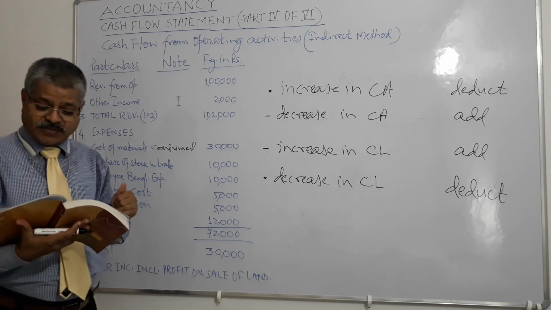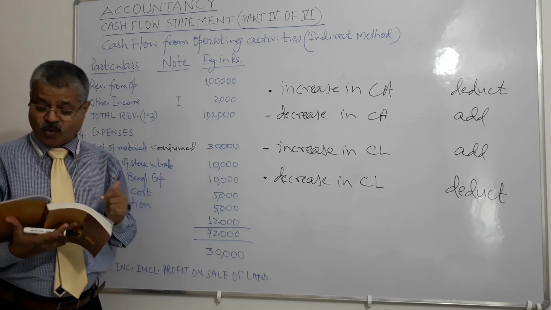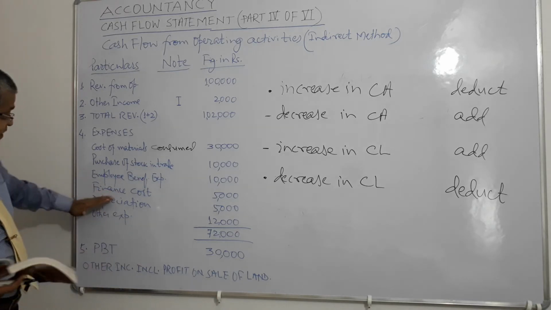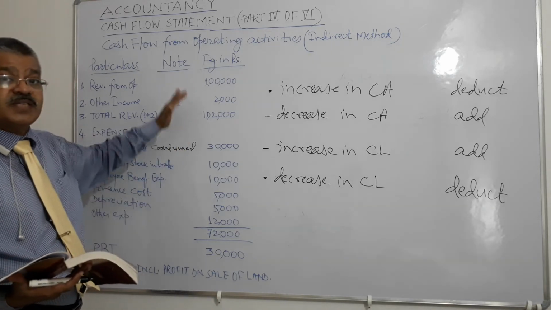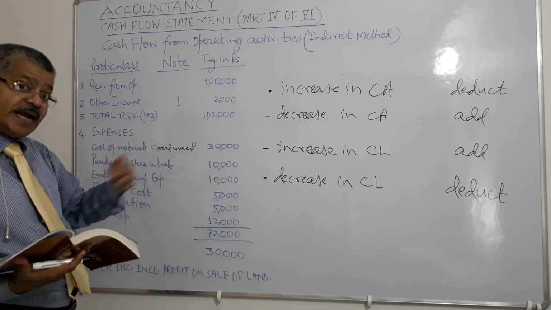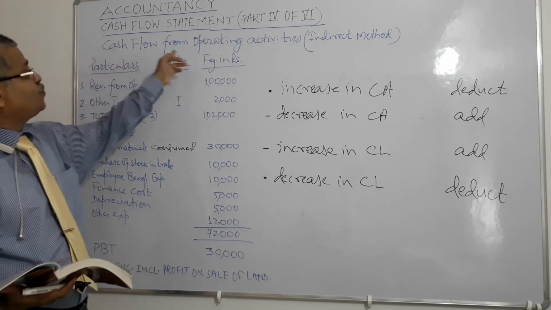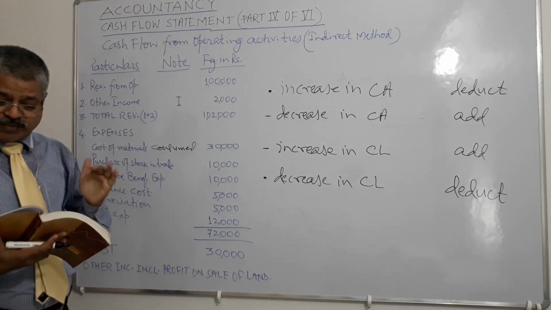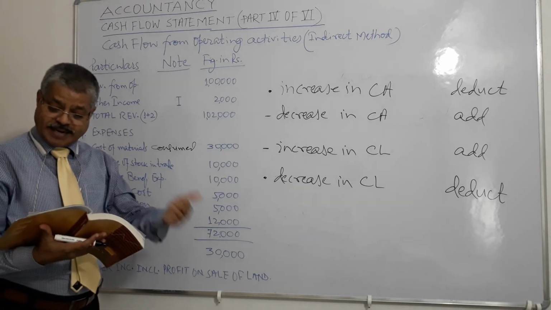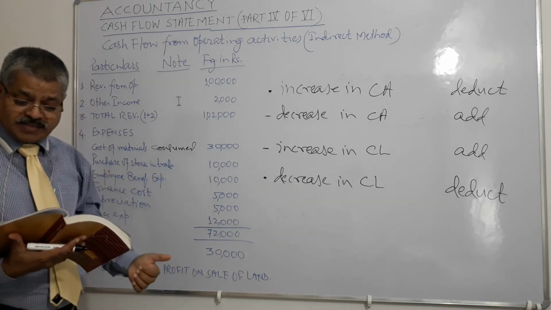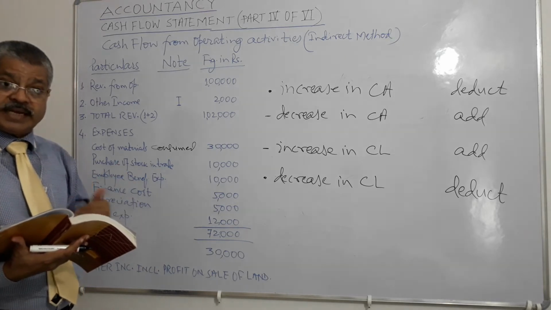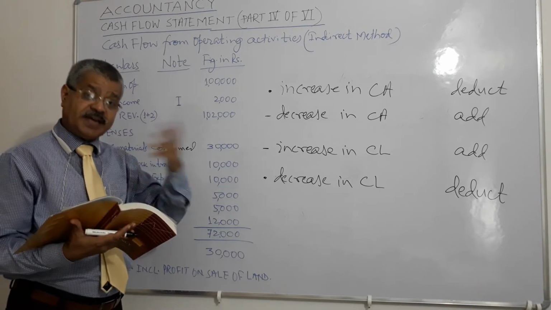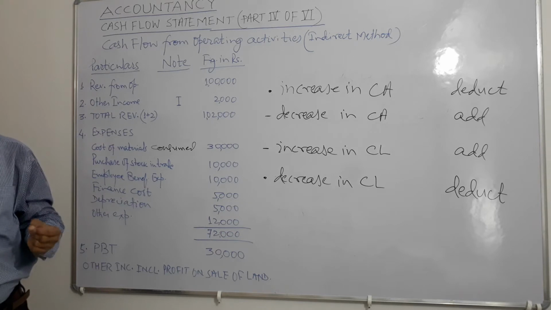For example, finance cost, which is a financing cash outflow, is to be added back because it has been considered as finance cost in this profit and loss statement. So it needs to be added back when we are considering cash flow from operating activities, right? Finance cost, which is a financing cash outflow, is to be added back, while other income such as interest received, which is investing cash flow, is to be deducted from the amount of net profit.